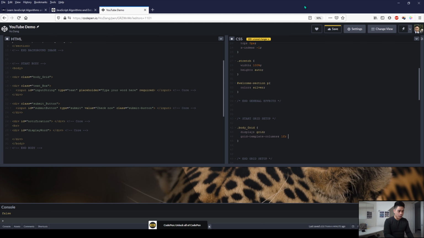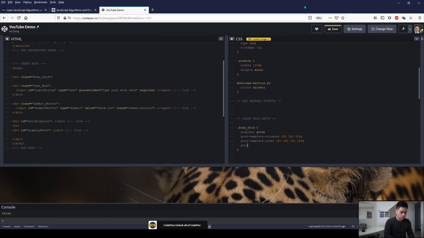FR just stands for fraction, and I want 3 columns, so I'm going to write 3 of these fractions, semicolon. grid-template-rows colon, and I want 4 rows, so I'm going to create 4 of these,